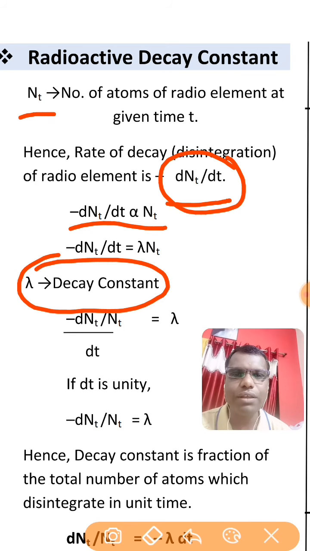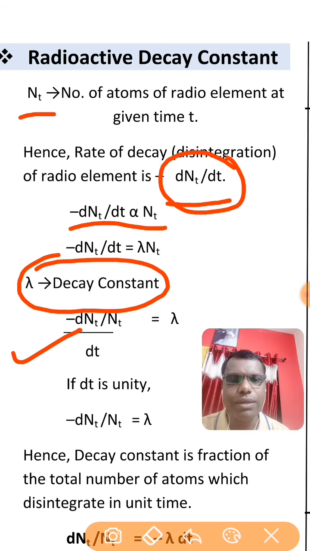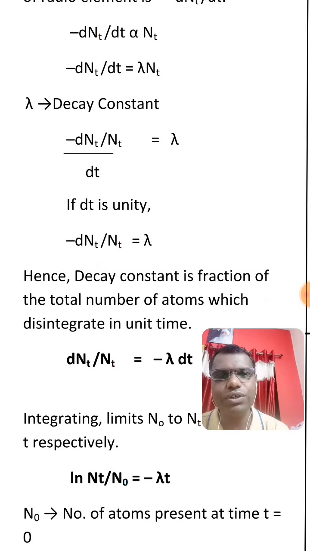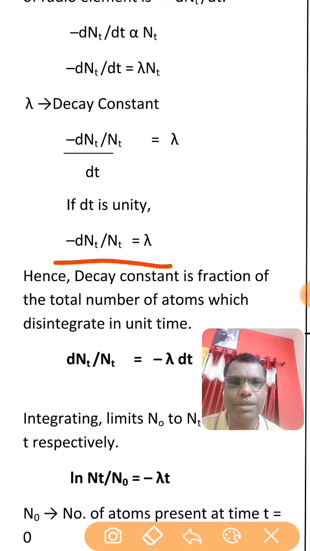So we got the equation minus dNt by dt is equal to lambda Nt. If dt is unity, the change in time is unity, then we got minus dNt upon Nt